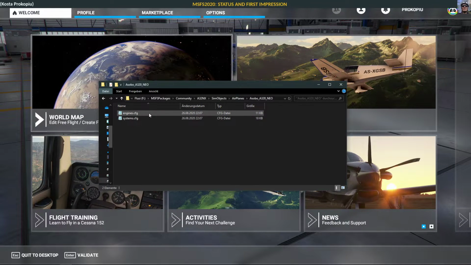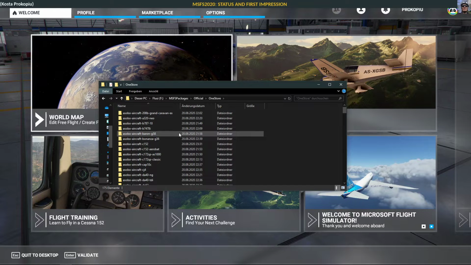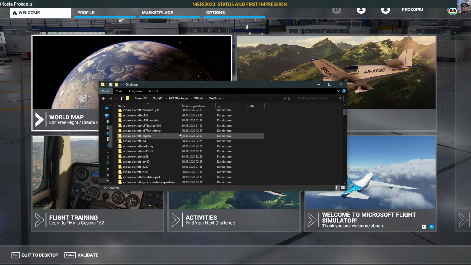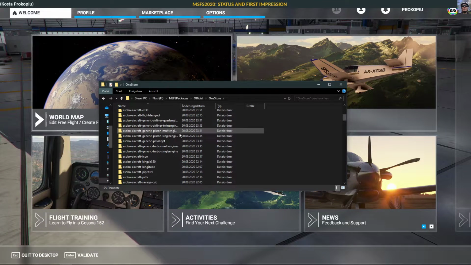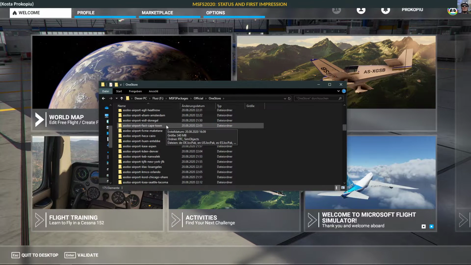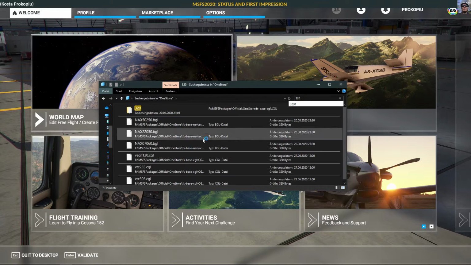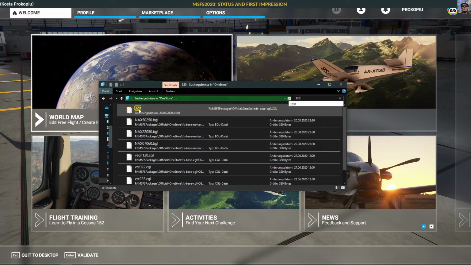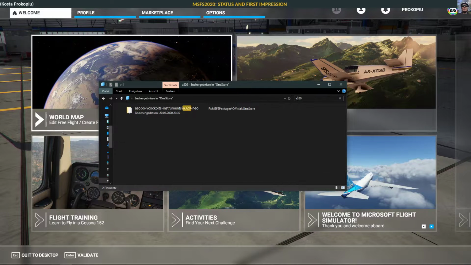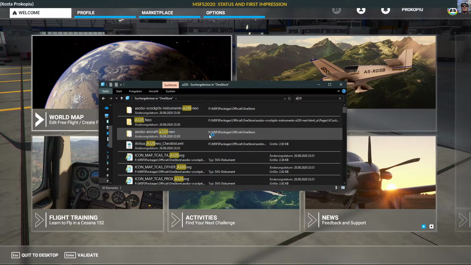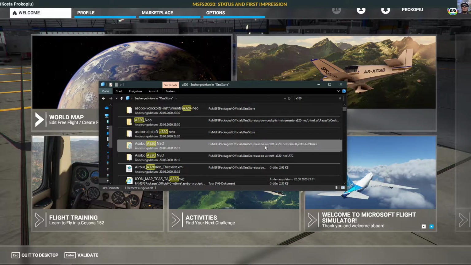So here, these are only 2 files. And actually what you could do is go to the other folder and look for the A320neo. Where is it? My attention span, I already forgot what it was called. So let's look for it. Yeah, Asobo aircraft. There it is. That must be it. Yeah, packages, one store,